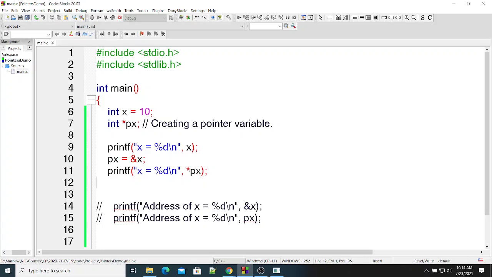So when I do *px, I get the value stored in the variable x, and we call it dereferencing. px is pointing to variable x, or px has stored the address of variable x. Now using that address, if I want to get the value of variable x, I can apply the star operator before the variable px, and if I run this code,